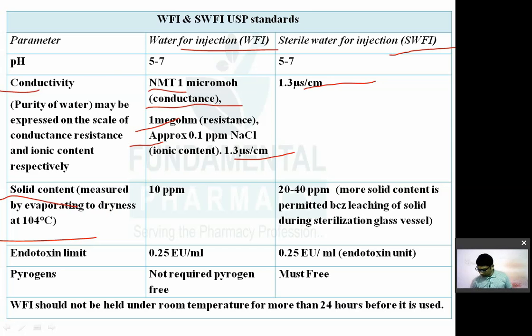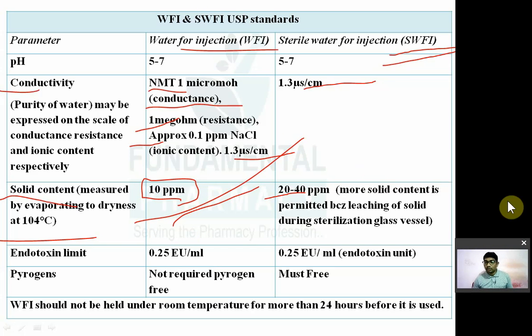व्हाट इज द लिमिट फॉर सॉलिड कंटेंट ऑफ वाटर फॉर इंजेक्शन, दैट इज अ 10 ppm। कम से कम 2-3 बार क्वेश्चन आ चुका है, ठीक है, इन वेरियस काइंड ऑफ एग्जाम्स। सो लिमिट फॉर सॉलिड कंटेंट इन द वाटर फॉर इंजेक्शन नॉट मोर देन 10 ppm। नाउ इन केस ऑफ स्टेराइल वाटर फॉर इंजेक्शन, तो यहाँ पे देखो वाटर फॉर इंजेक्शन के लिए 10 ppm लिमिट है, इससे ज्यादा नहीं होना चाहिए सॉलिड कंटेंट। ओके, स्टेराइल वाटर फॉर इंजेक्शन के लिए होता है आपका 20 to 40 ppm। आप बोलेंगे सर ये स्टेराइल है, इसका तो इससे भी कम होना चाहिए। रिमेंबर द सॉलिड कंटेंट ऑफ वाटर फॉर इंजेक्शन इज नथिंग बट द 10 ppm, एंड लिमिट फॉर स्टेराइल वाटर फॉर इंजेक्शन इज 20 to 40 ppm।